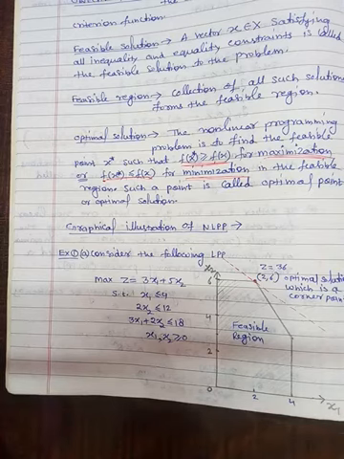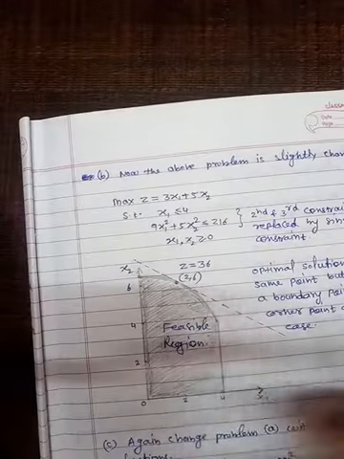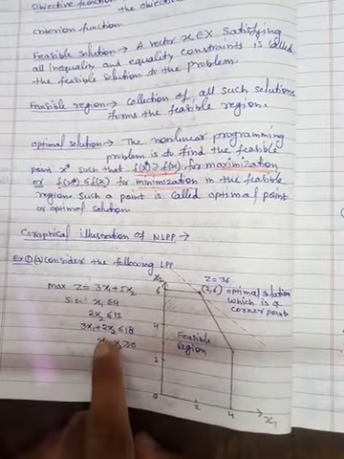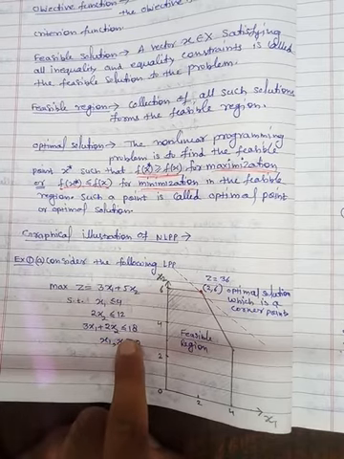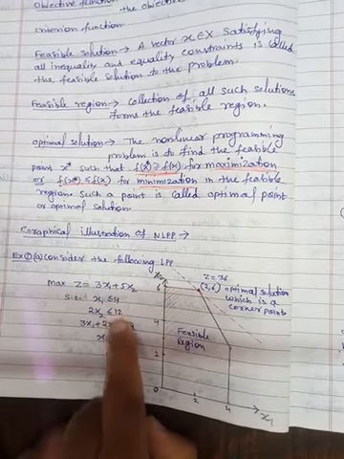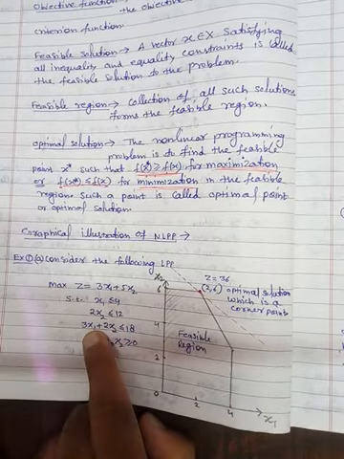Now we will slightly change the objective function. We will slightly change. Let's see. Here the second and third constraints are changed. Here the second constraint is 2x2 is less than or equal to 12, 3x1 plus 2x2 is less than or equal to 18. So if you change these two constraints, and in their place we put some non-linear constraint, then the problem will be non-linear programming.